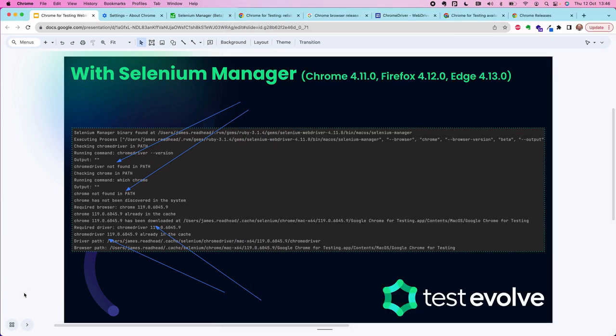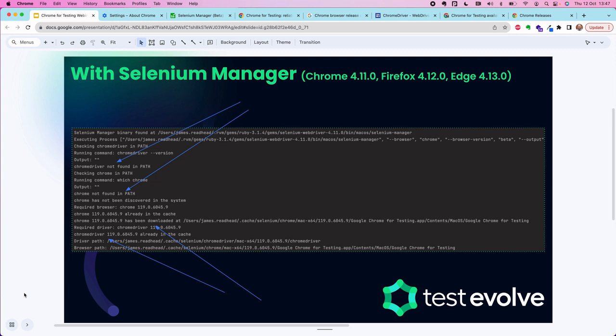Now, in earlier automation frameworks, including within TestEvolve Spark, before Selenium Manager would manage the drivers on your behalf. And now at this stage, I'm not just talking about Chrome, I'm also talking about Firefox, for which we need Gecko driver, Edge, for which we need Edge driver, of course, and there's also Safari driver. But prior to Selenium 4, or specifically Selenium 4.11, which first brought in support for the automatic sourcing of Chrome